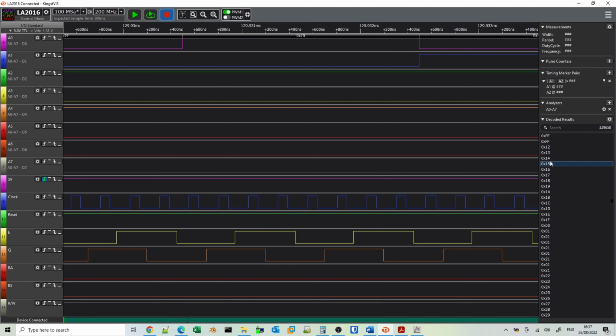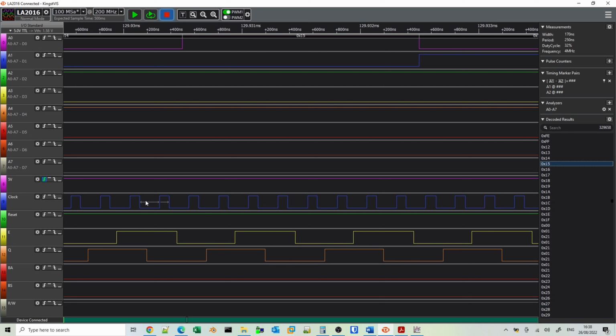So the first address that will be loaded is 1212 hex, and then it will go on to the next one. And we can see here the address bus increasing. Now, when we get down to this level here, we can now see where the clock signal is. So this is a 4 megahertz clock. If we look at the top right hand side here, we see frequency 4 megahertz, but the duty cycle is 32%. So the duration of the high logic level is shorter than the low logic level.